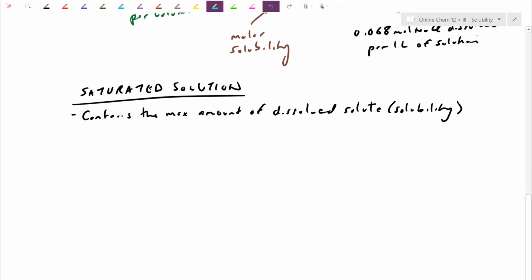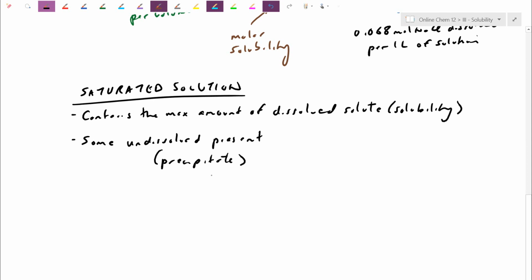And in Chem 12, we're going to push the limit a little bit here so that solid is actually formed. We're actually going to wait a little while for an equilibrium to be established. So we'll make this note here. Definitely you have to have some undissolved material present. That's the precipitate as we would call it. A precipitate is a solid that crashes out of solution here. So some undissolved material present, but here's the key note, in equilibrium